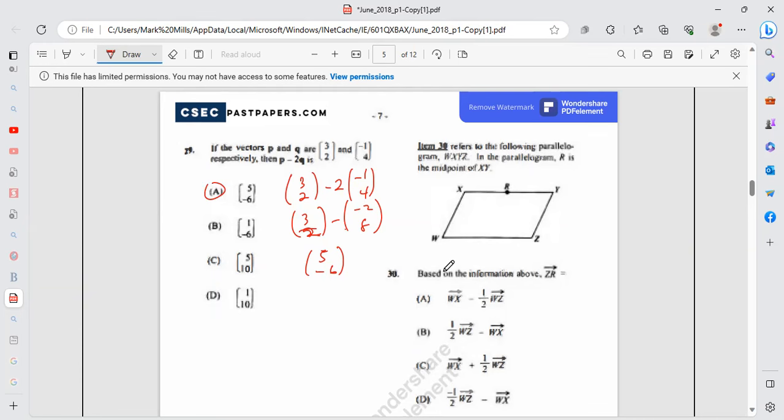30. ZR, they want to find a vector ZR. So this is ZR, right? So we move from Z to R. So Z to R initially would have been from Z to Y plus Y to R. Now remember that they say R is the midpoint, meaning R should divide this one into 2 equal parts, right? Now, normally when you work out, this would be ZR